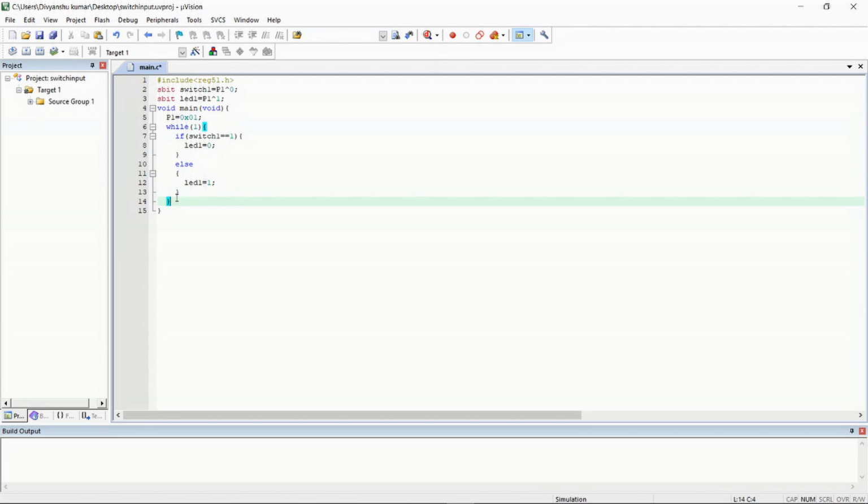This is the same code, but it is a simpler one and easy to understand, so you can use any of them. But the previous one was more professional code, and this one is also good, it will work, but for a more complex program, try to program like the previous one.